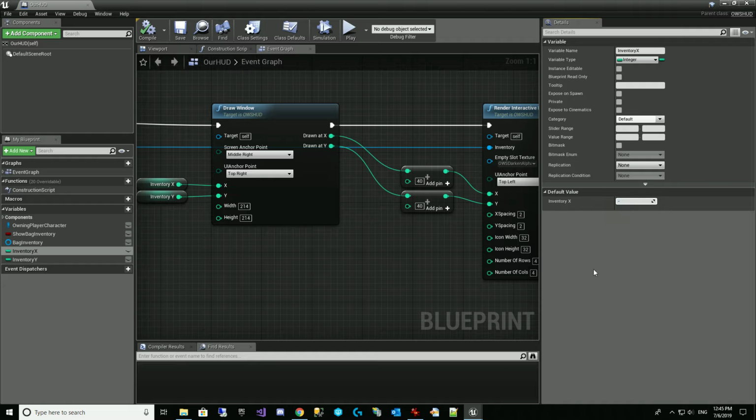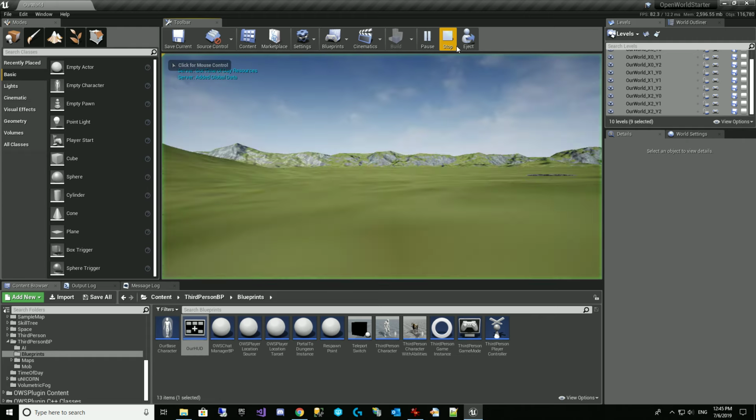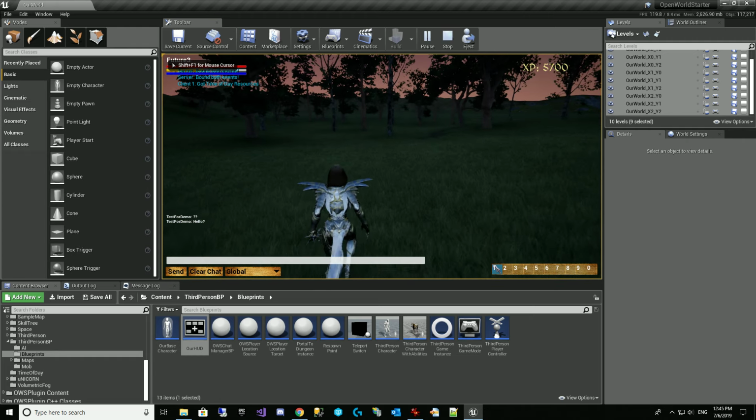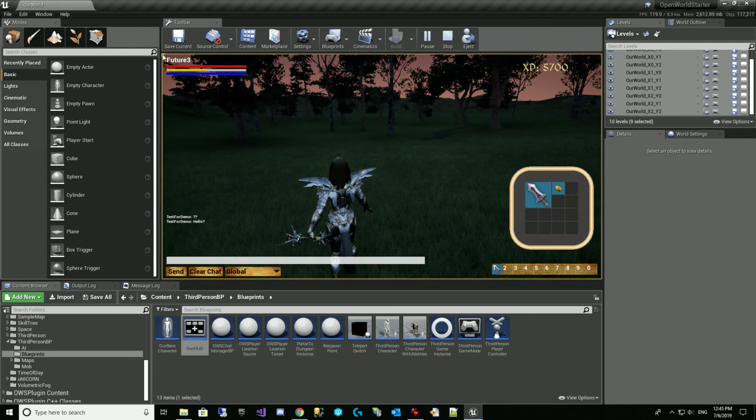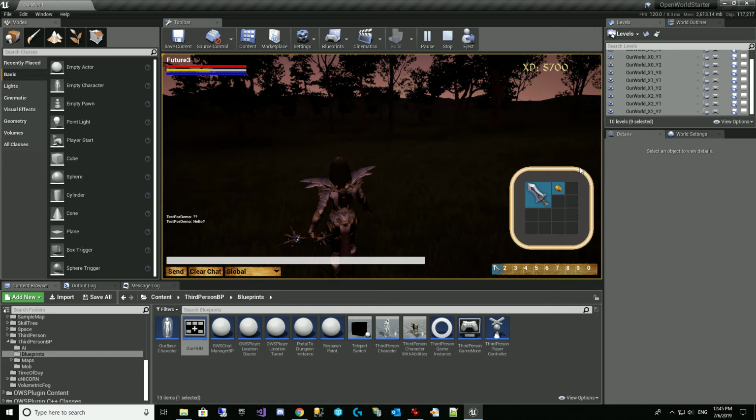So we're going to go into our inventory X and do minus 20. And there we go. Now I have a negative 20 offset, and this top right corner is connected to the